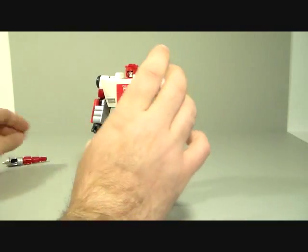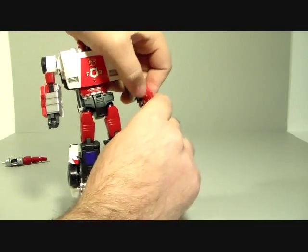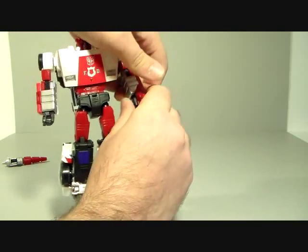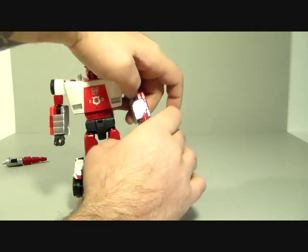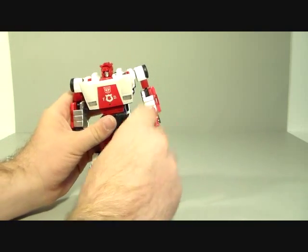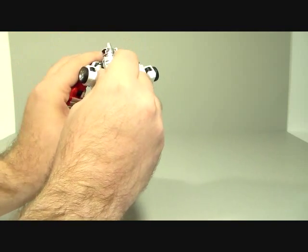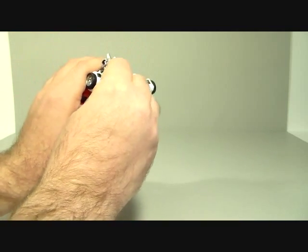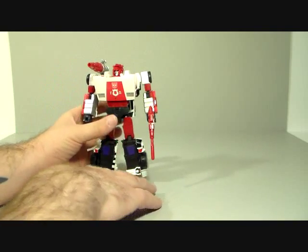So then you can take his gun, and like I said, he can't really hold it very well with his right hand, but the left hand seems to do pretty good on holding it. There we go. And give him a shoulder cannon. And there we have Masterpiece Red Alert